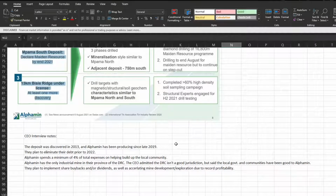They plan to eliminate their debt prior to 2022, and like I already noted, they spend 4% of expenses on building up the local community. Alphamin is also the only industrial mine in their province of the Congo,